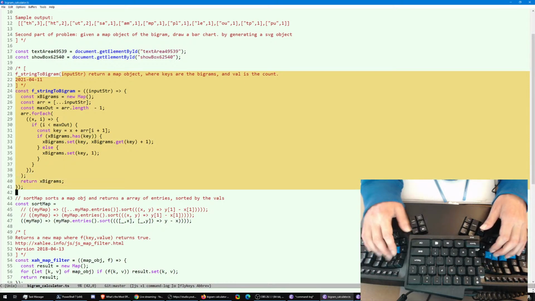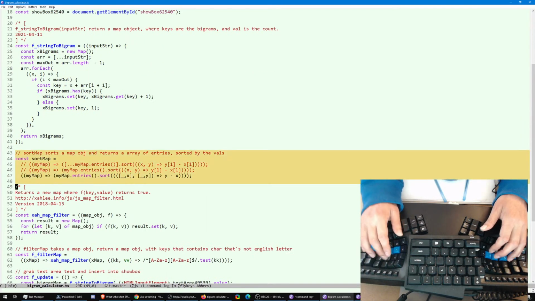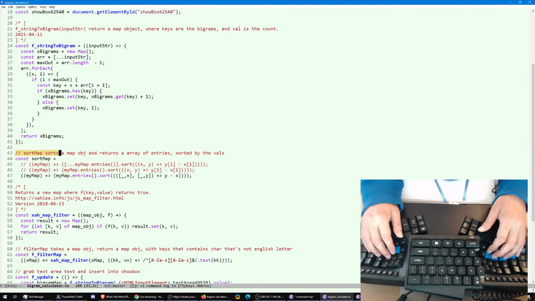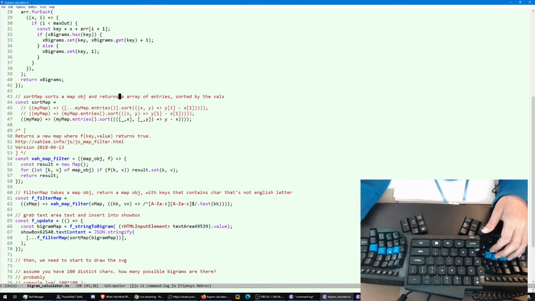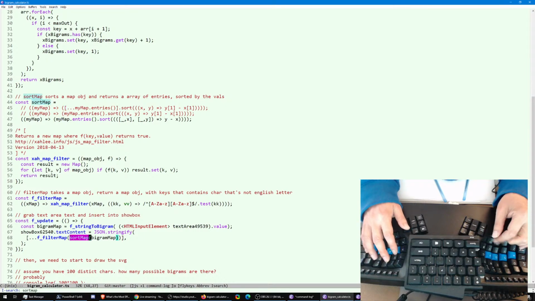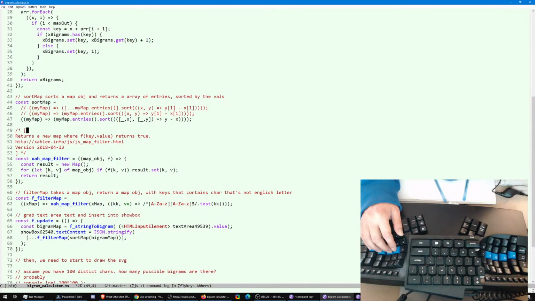Now remember that we coded that last time. Next, sort map. Sort map sorts a map object and returns an array of entries sorted by the values. It returns an array of entries, not a map. Okay, sort map, now it is used. Yeah, okay. Then